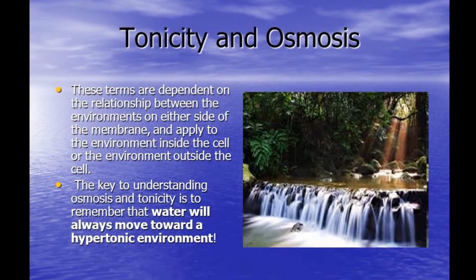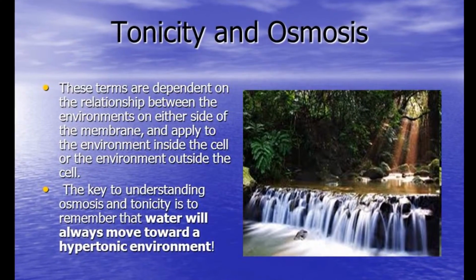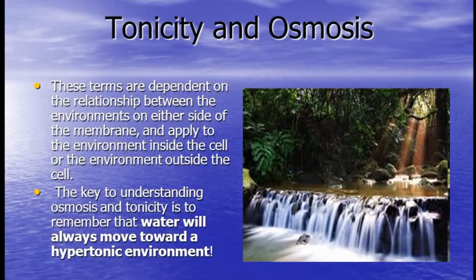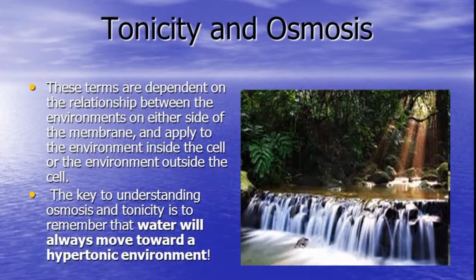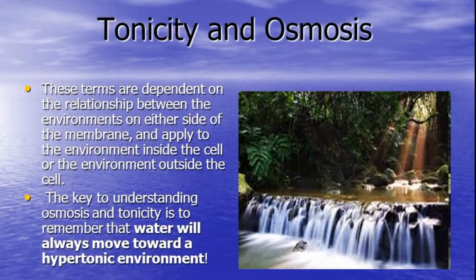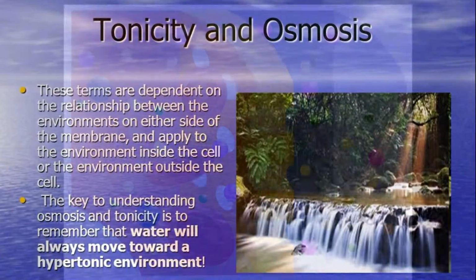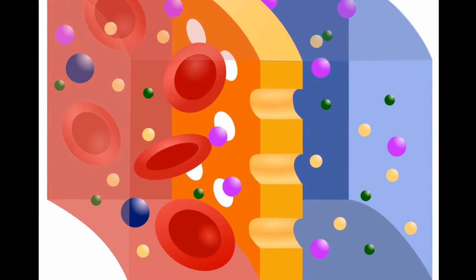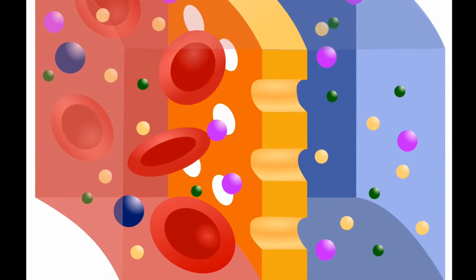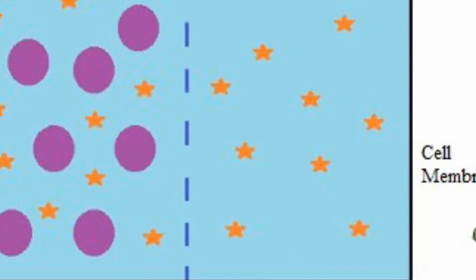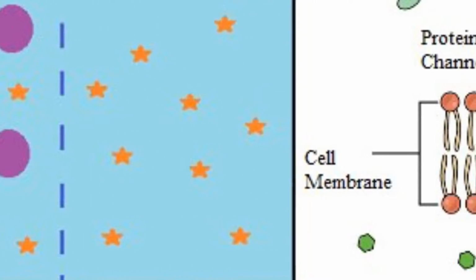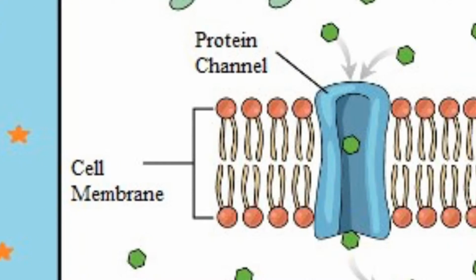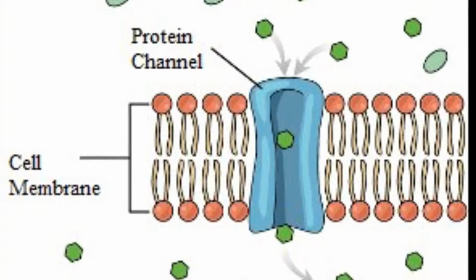Tonicity is the relative property of a solution that describes the osmotic pressure forces present, and it describes how stuff wants to flow from high to low concentrations. A presence of such a concentration gradient drives the flow of material across membranes. A cell is an example of a semi-permeable membrane, which allows only certain molecules across, such as water, through protein channels called aquaporins. Osmosis is defined as the spontaneous net movement of solvent molecules, water being an important example, through a semi-permeable membrane into a region of higher solute concentration in the direction that tends to equalize the solute concentrations